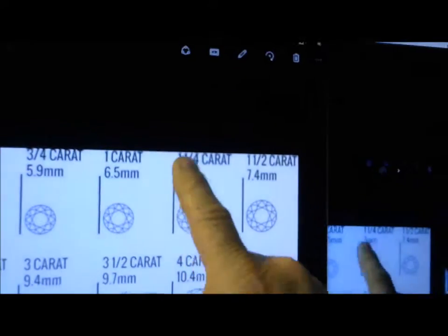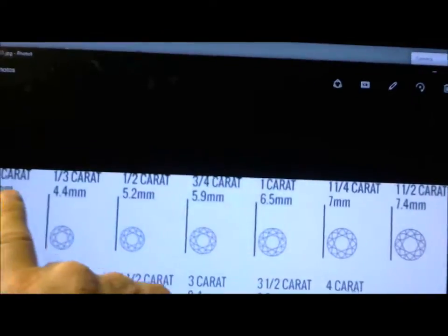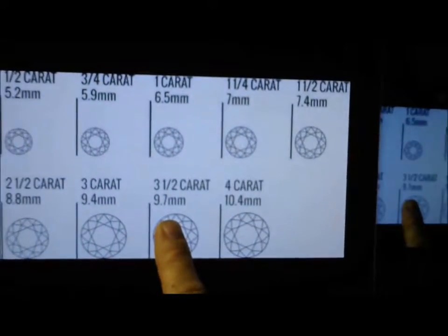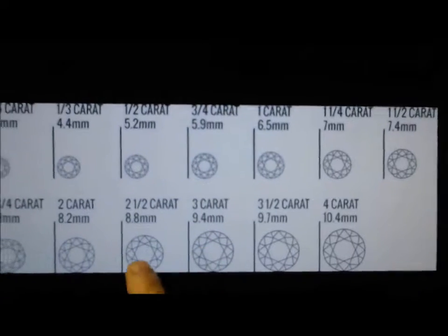See the 11 over here? That's 2 and 4, the bad cat. 7. Here's 7.4. Inside of Mars, because all these under is less than. All this is in the center, and then it is more than. 3.5 carats, 9.7 your birth, 10.4 your communication, creation, 9 times 4, creation at the gateway, 8 times 8, the